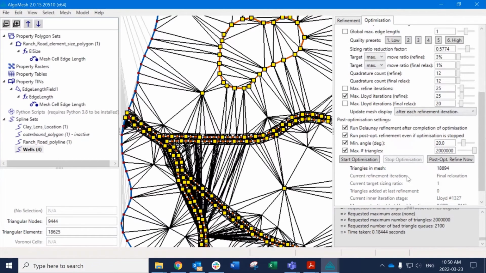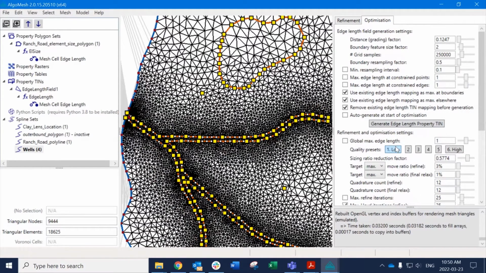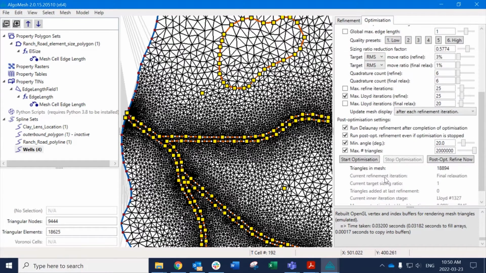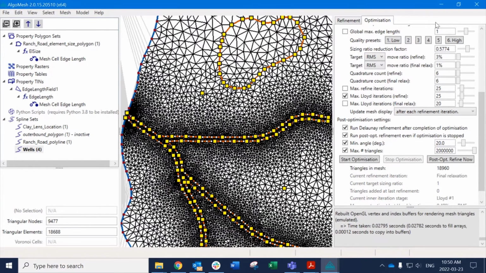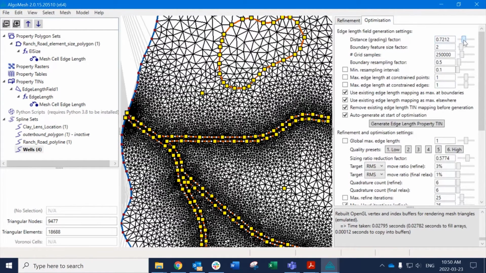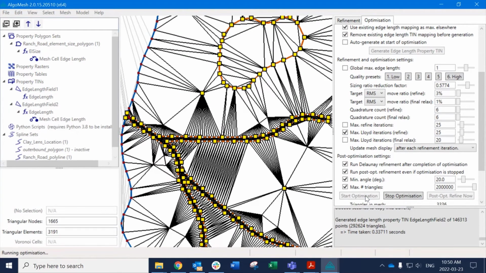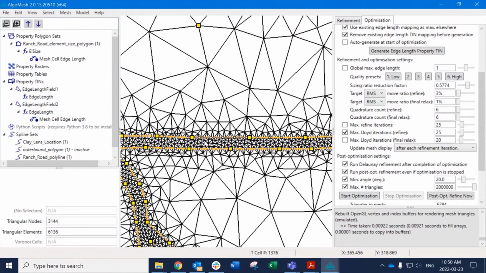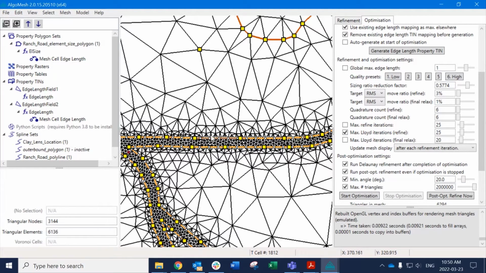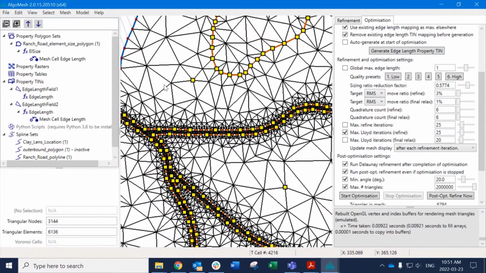I'm going to stop this optimization right now and change the quality preset to low. And sorry, I had that backwards. If we're going to go from small to large slowly, we use a smaller distance grading factor. And if we put that up above 0.4, we see a pretty rapid shift from smaller triangles at the constrained edges and at our constrained points, going up to much larger